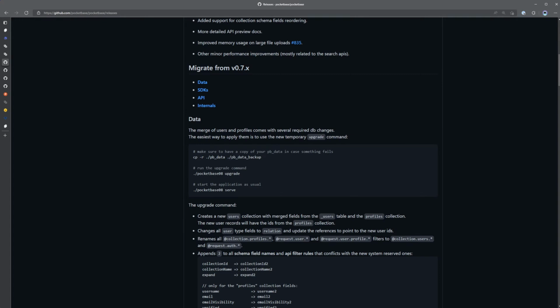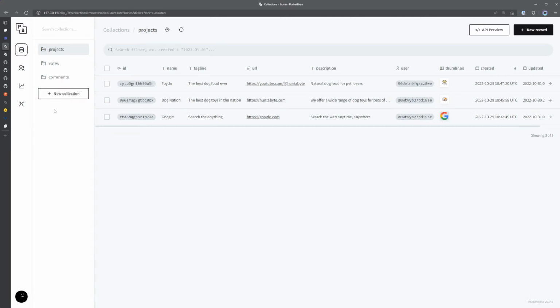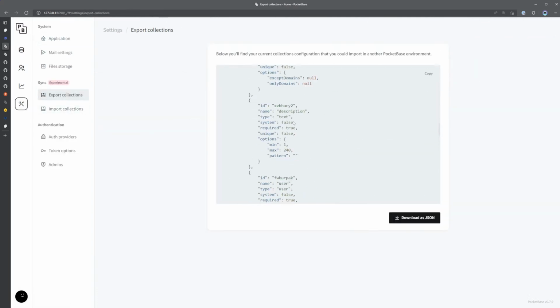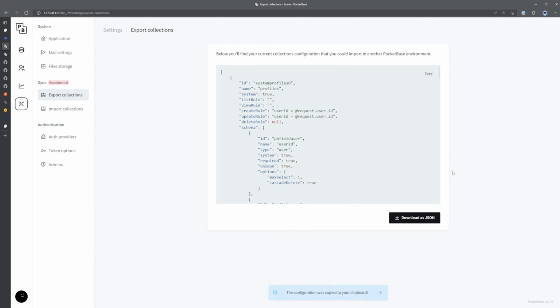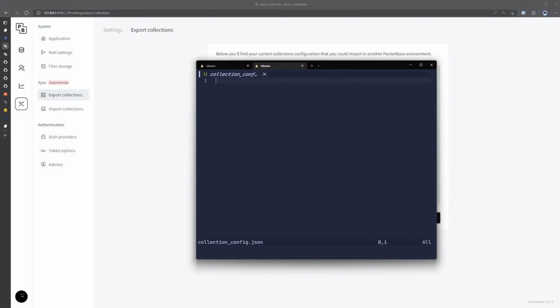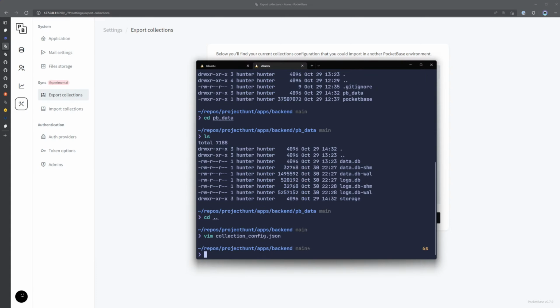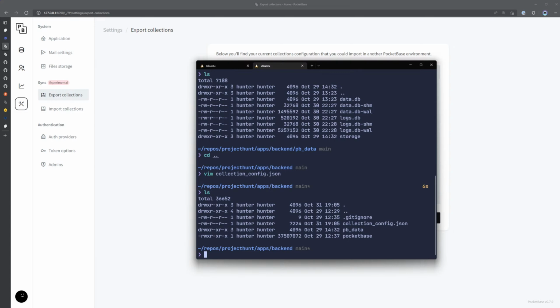Okay, so the merge of users and profiles comes with several required DB changes. The easiest way to apply them is to use the new temporary upgrade command, which we're going to use. I guess I'm going to run this. I do want to take a copy of, I'm going to export my collection setup. I know this is not going to apply to the new version, but let me copy this. I guess I'll call this... okay. So we have our collection configuration backed up, and then I'm also going to back up the